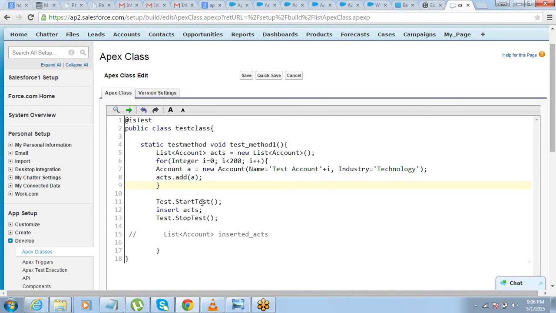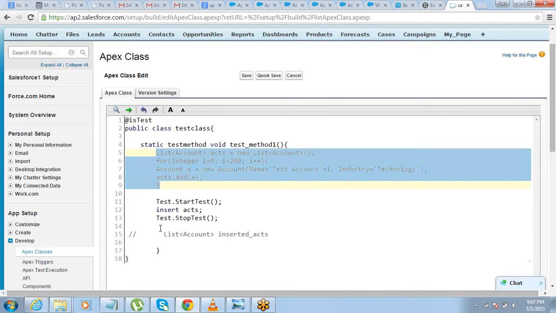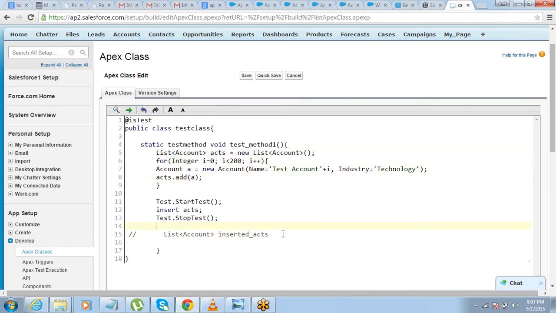Fine. Insert these sample records. Okay. After the sample records are inserted, when the actual insert operation has happened, now there is one more thing that I want to do. I just want to go ahead and do a System.assert to check whether the description has got updated to that technology account. So what I actually was planning to do. So let's just do that.